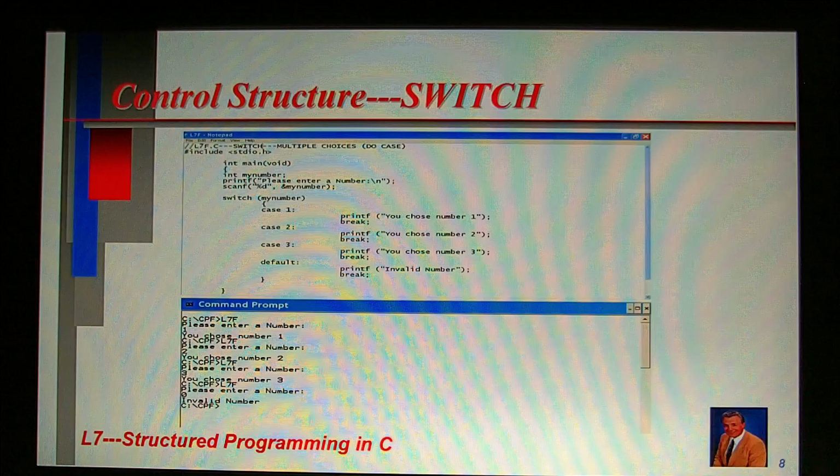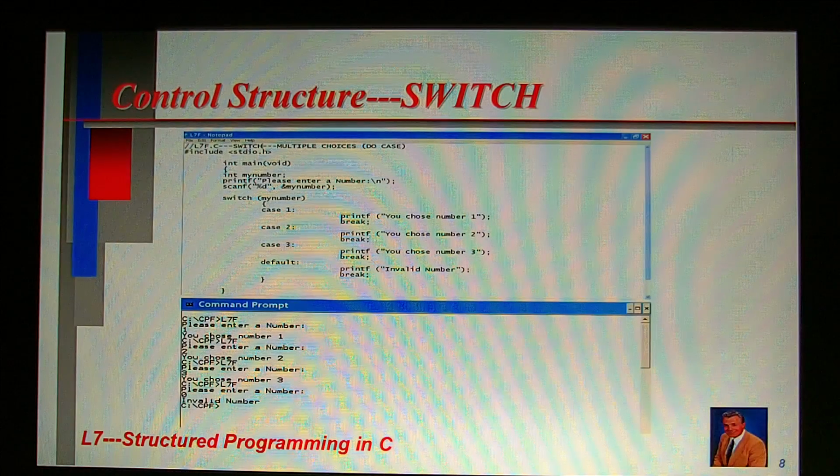Okay, now that we know how the cases are selected, let's take a look at the case selections available part. Specifically, the computer program instructions block, the instructions demarcated by the left and right braces, namely { case 1: printf("You chose number 1"); break; case 2: printf("You chose number 2"); break; case 3: printf("You chose number 3"); break; default: printf("Invalid number"); break; }